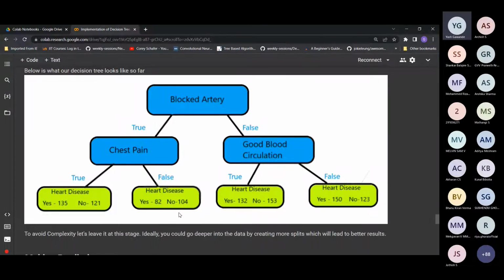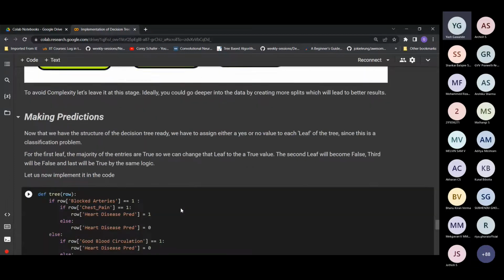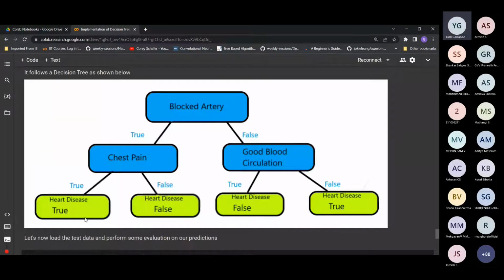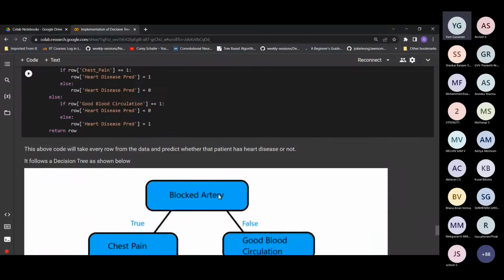So we will assign no value to this. By doing that, you can see this heart disease, I have written true value over here. That is, heart disease is present over here, and false when blocked artery is present and chest pain is not present. So this is the splitting that I have done using the sample that I had,